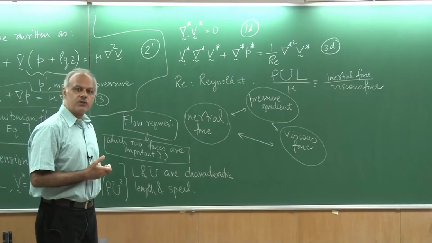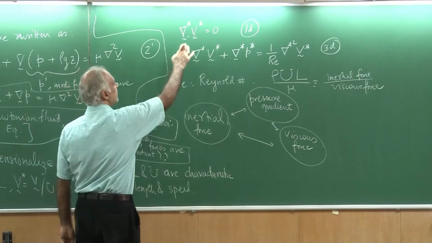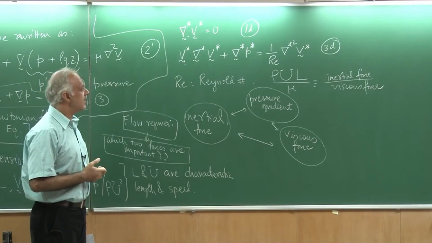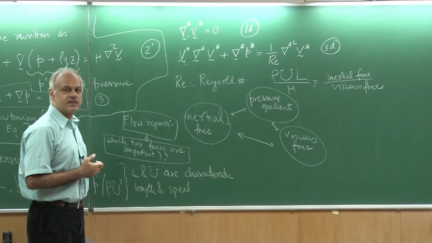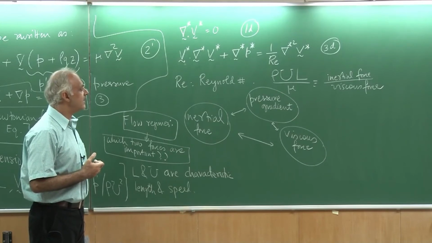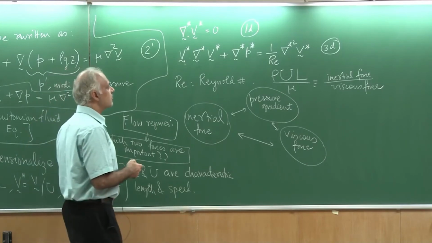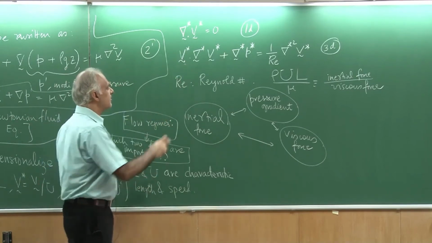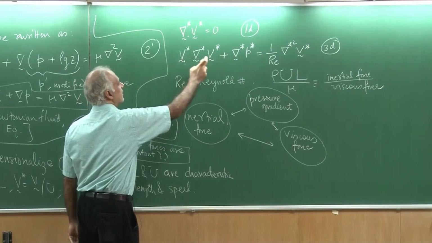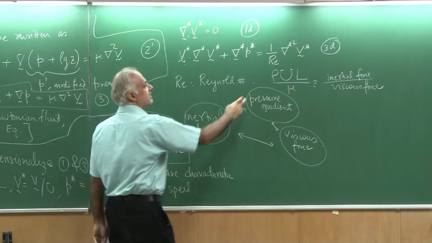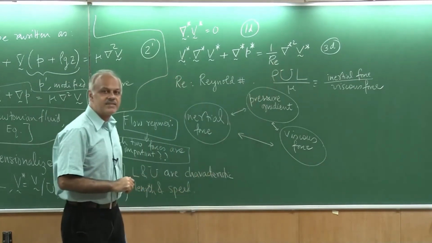There is another motivation for doing this. These equations, as I have written them, are extremely complex. Even though they are steady flows, they are still very difficult to solve. And you can very easily imagine that the difficulty comes from, A, this is a non-linear term. The inertial term is non-linear because it involves a product of V's, the V and gradient of V. It is also second order. The viscous term has a second order derivative.